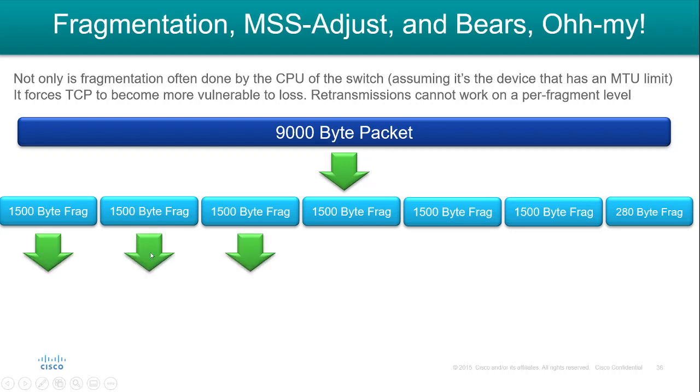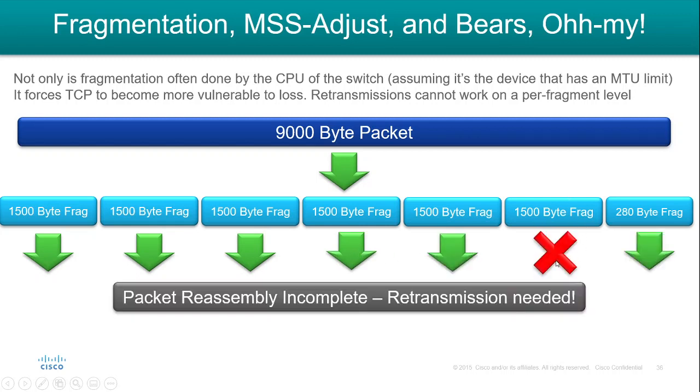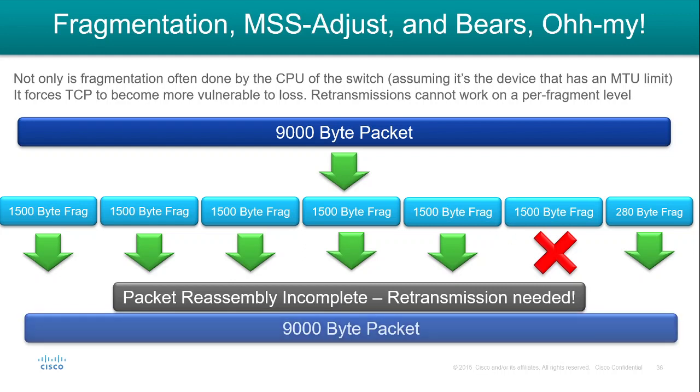So the first packet goes, then the second, third, fourth, fifth, but let's pretend the sixth gets dropped. The receiver now has 6 out of the 7 pieces necessary to reassemble this big 9,000 byte frame. Because there's pieces missing, we need to retransmit the data. It will start sending duplicate ACKs for the entire 9,000 byte packet. There's no way to retransmit just a single 1,500 byte fragment, which means the entire 9,000 bytes needs to be